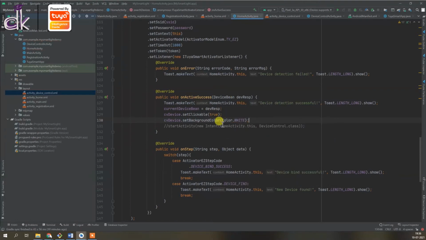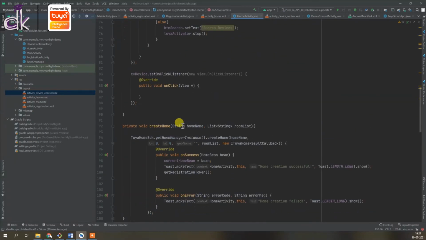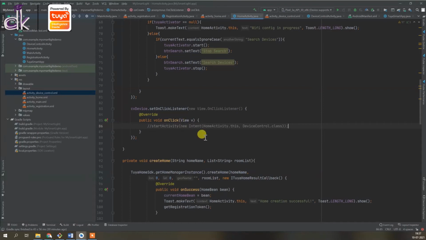Okay, so this will basically tell us that now the device is available and now you can click on this, and we are going to remove this line and we are going to take this and add it into our card view listener. Okay, so here we are going to go to the next device control activity.